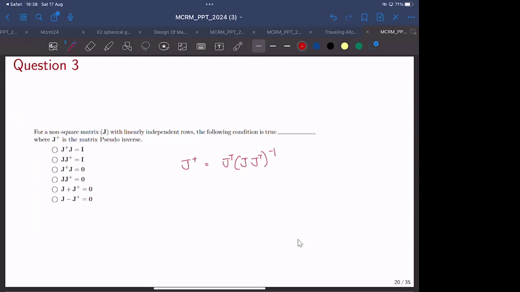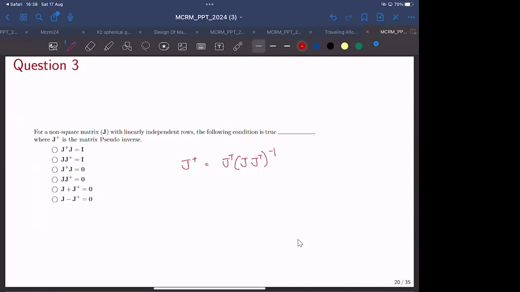And it actually asks about the conditions regarding the Jacobian matrix and the pseudo-inverse itself. So in the case of a right pseudo-inverse,